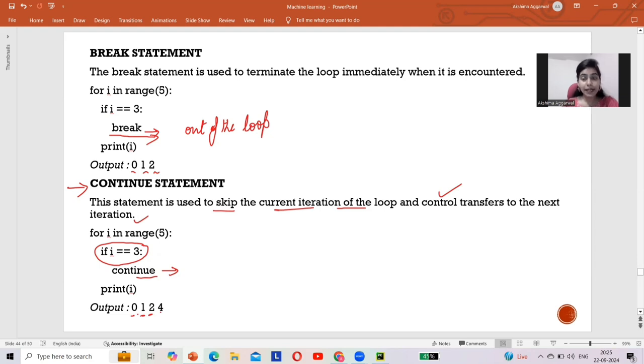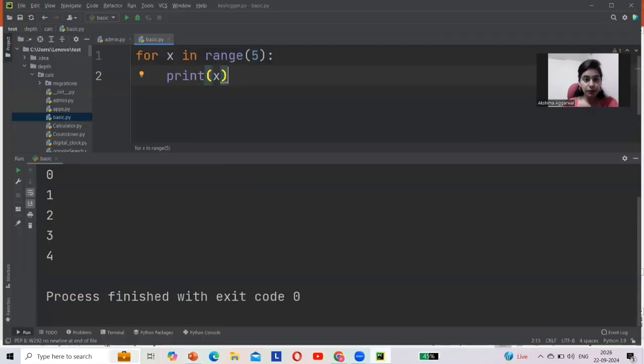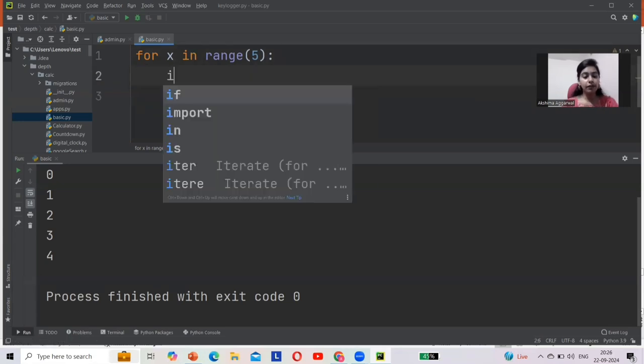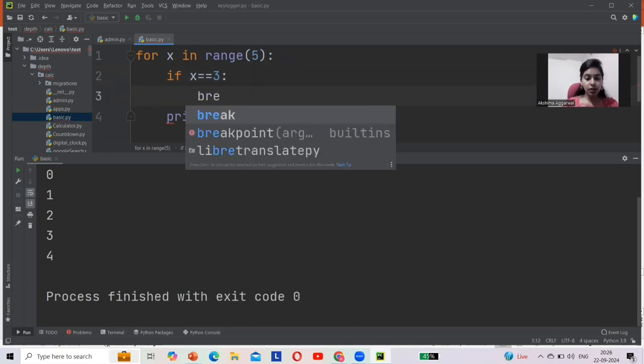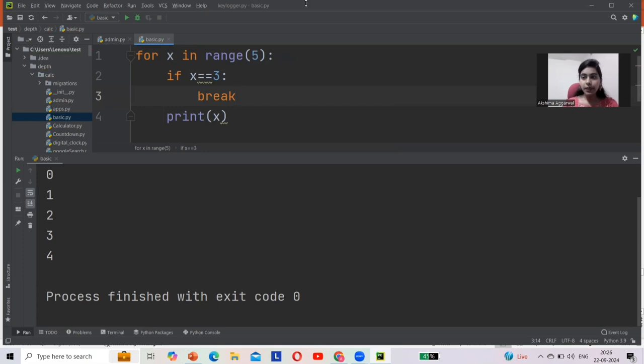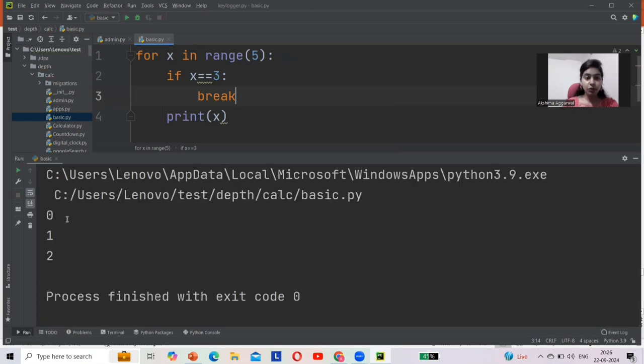Now let's run these two codes on PyCharm to see the difference. We have already written for x in range 5. Now I am going to write here: if x equals 3, then we are going to use the break statement. Now let's see the output. The output will be 0, 1, 2.